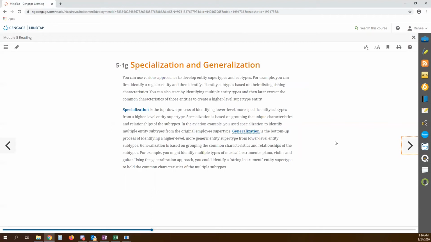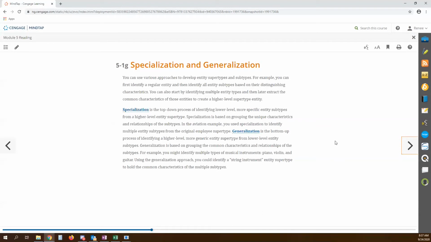So when we're looking at all of this data, it can be kind of hard to analyze everything. So there's a couple of different approaches we can use. The top-down approach is called specialization. This is where I'm looking from above and I'm thinking, well, I need employees and I see I've got this employee type data attribute. I wonder what it is. How many types of employees are there? What can I do with those employees? What are the special characteristics of them? So that specialization approach is working my way down through the